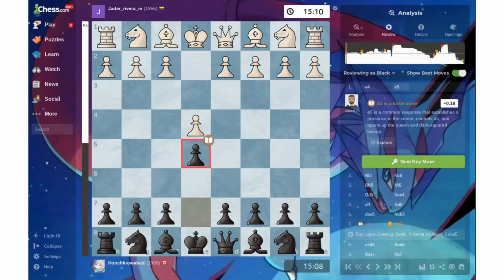In my opinion, I guess if you have trouble against the Ruy Lopez, you can play the Caro-Kann or something. I don't know. Or if you're just playing blitz games and you want to play tons of moves instantly because you know all the theory. But anyway,